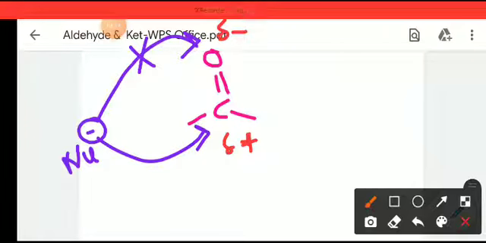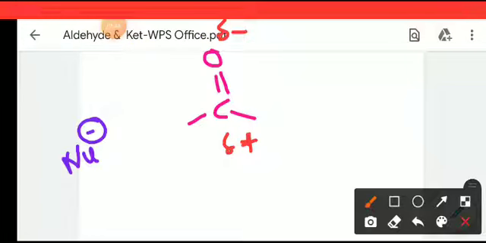Similarly, the nucleophile is also negatively charged, so it will not attack the same charged site. The nucleophile will attack on the carbon side because it is positive. As it is a negative anionic species, it will attack on a positive site, and the positive site is the carbon side. So it will attack on this carbon, and as it attacks the carbon, there will